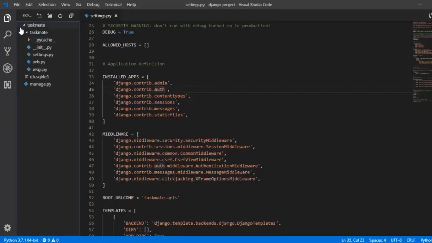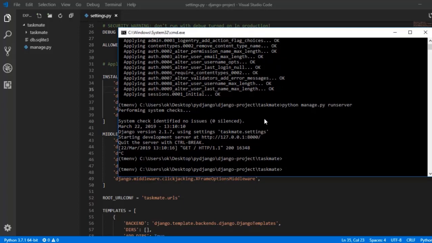So in our application currently we only have one section, that is our project. That is our taskmate. Now if I want to add my first section, that is maybe our blog or maybe our to-do list or maybe our daily diary. These are different sections of my website and I can work on them with the help of apps. So let me create my first application as to-do list. First let me interrupt my server, and now to add a section or app, all I have to do is run the command python manage.py startapp and then the app name. Remember here the app name is important. So I would be taking the app name as to-do list, and if you want to mention underscore app you can do that, and let me press enter.